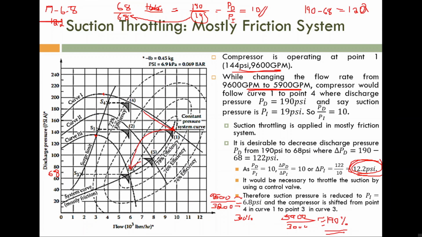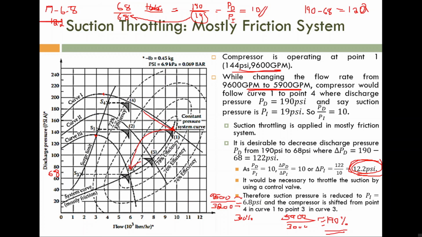If you are comparing the valve size, constant pressure is the better one, because the maintenance cost and the valve cost are small for the constant pressure system compared to the mostly friction system. But from a relative stability point of view, this one is more reliable. More relatively stable means the chance of vibration is small, so noise is small, disturbance is small. That is the advantage of the mostly friction system compared to the constant pressure system.